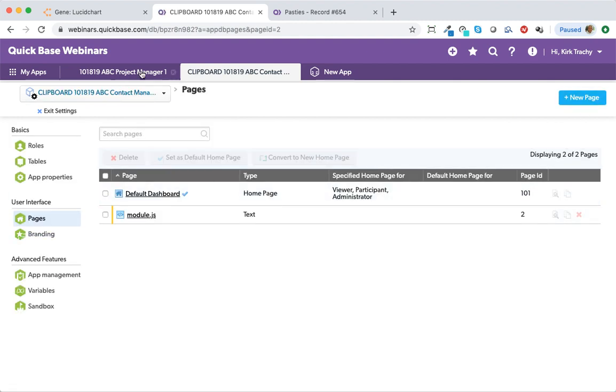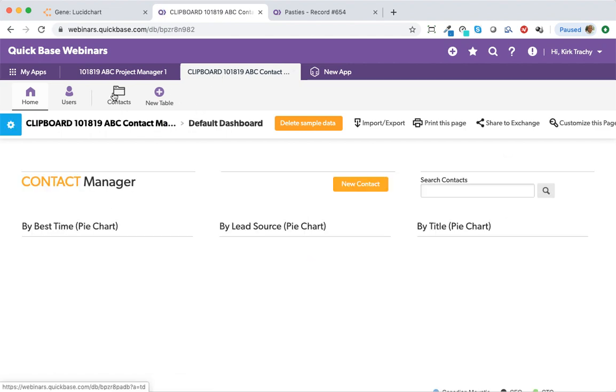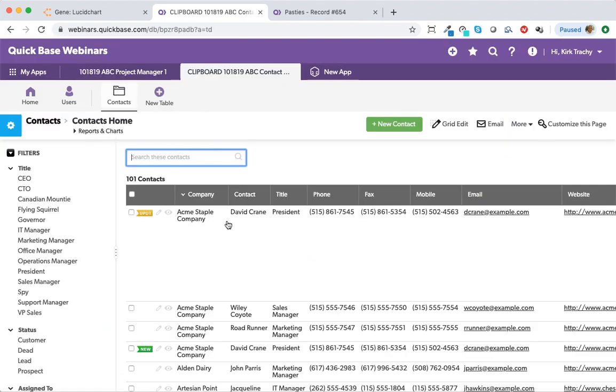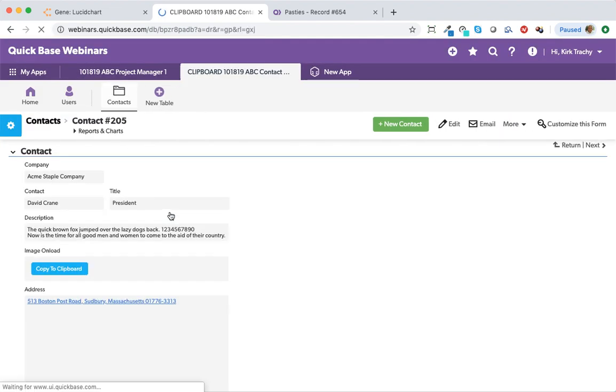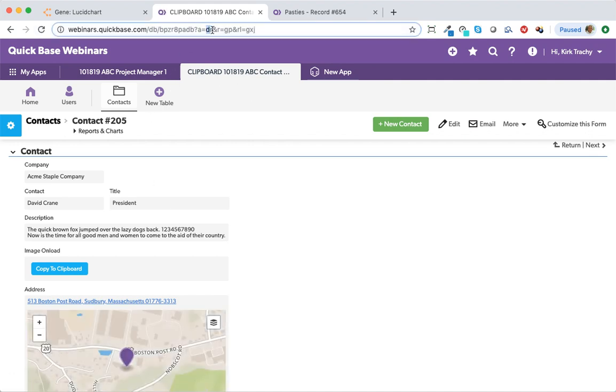So let's go back and look at that one more time. So we're back here under contacts. I'm going to view this contact, which is DR, display record, right? That means that as the page loaded, there's an invisible GIF here, that image that is loaded, which allows that code to be taken into consideration. So when I press it,